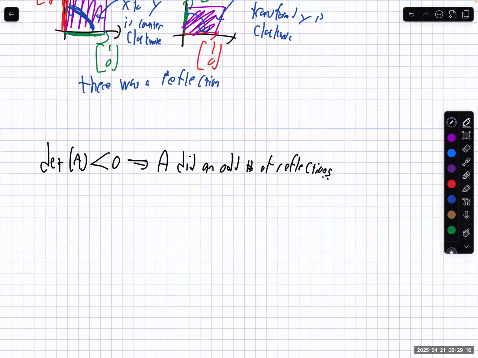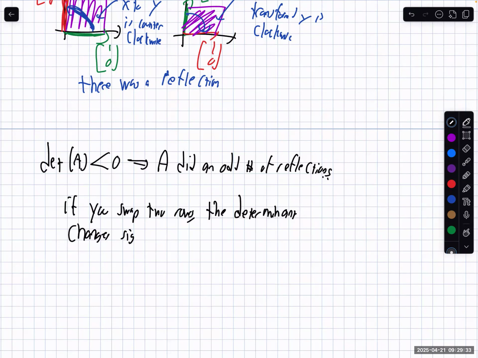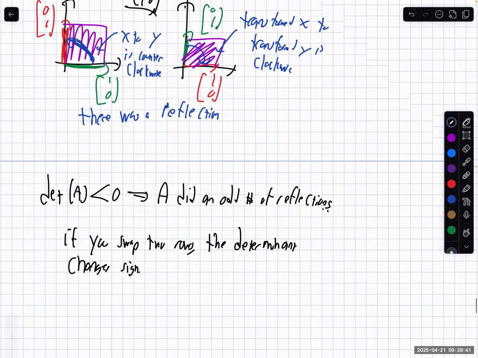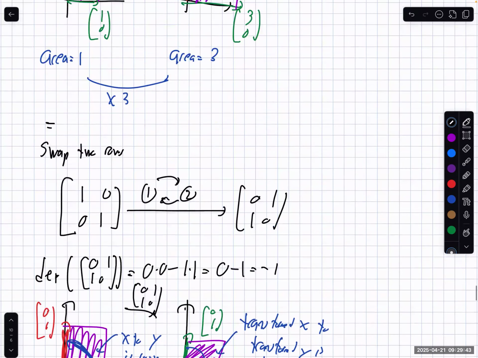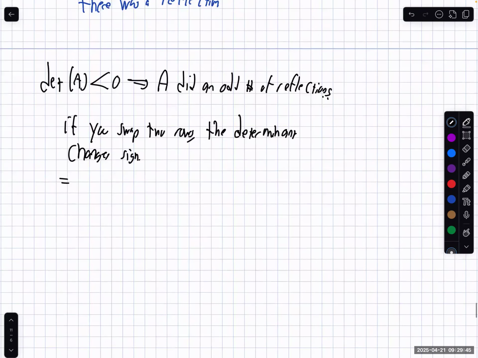So if you swap two rows, the determinant changes sign. Okay, and as a warm up for the third one,